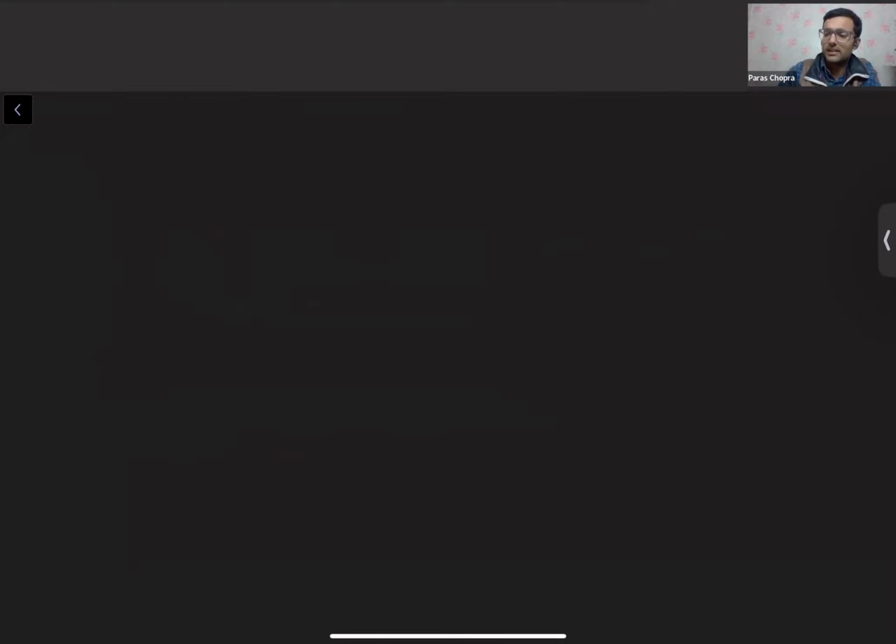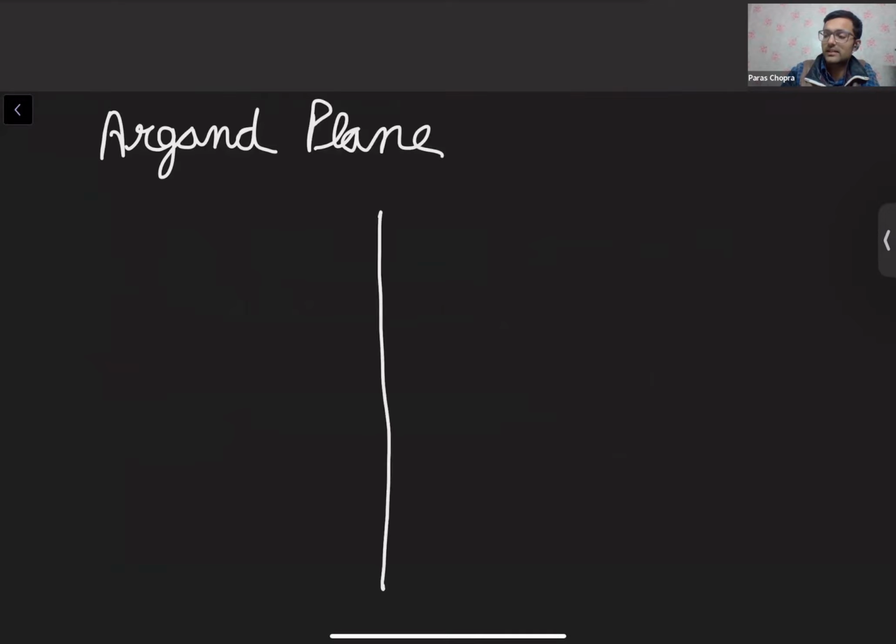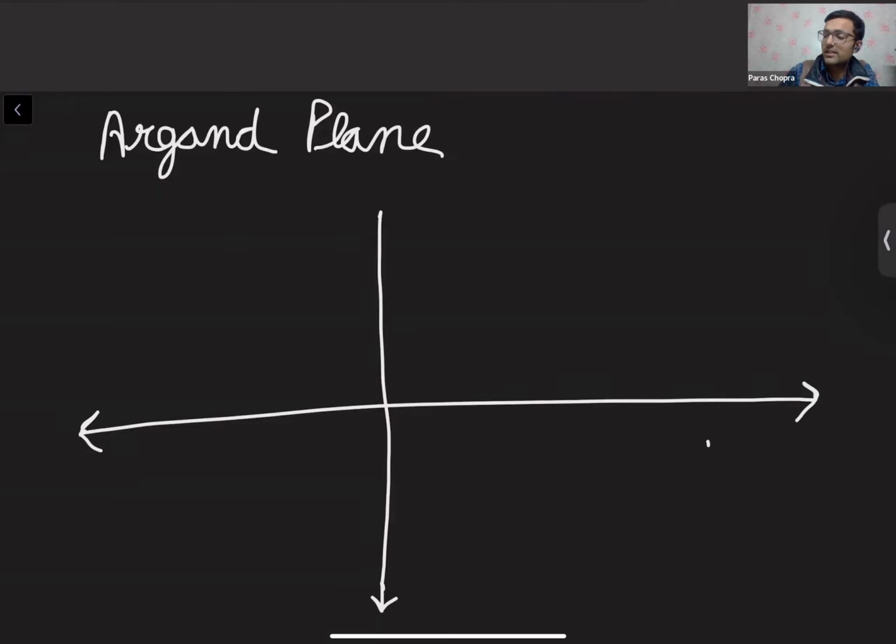ओके, तो अब हम करते हैं रिप्रेजेंटेशन ऑफ कॉम्प्लेक्स नंबर्स ऑन अ आर्गेंड प्लेन। Argand plane is nothing but the Cartesian plane, x and the y axis। बट इसमें एक डिफरेंस होता है, x एक्सिस की जगह we write the real part of the complex number z and y axis की जगह we write the imaginary part of the complex number z।